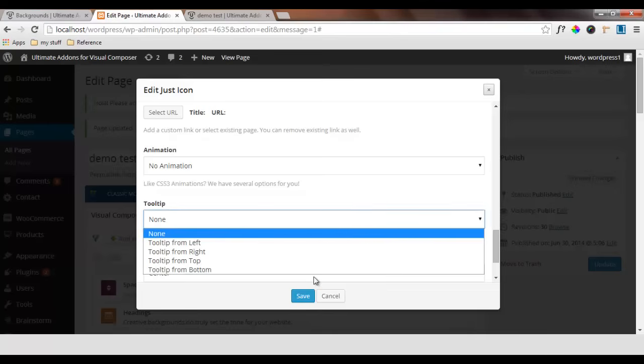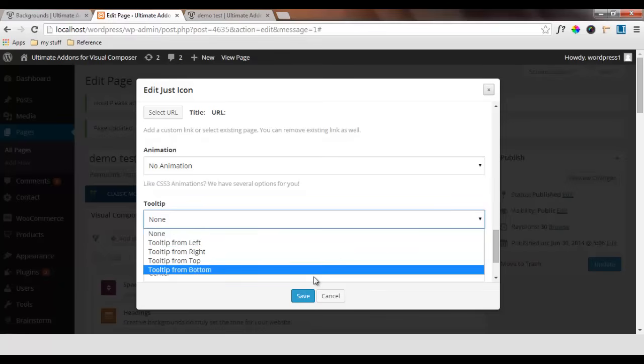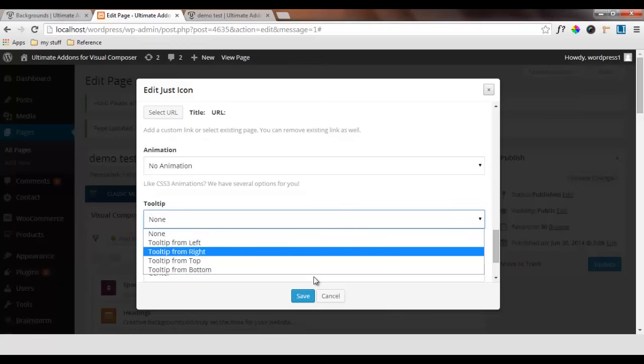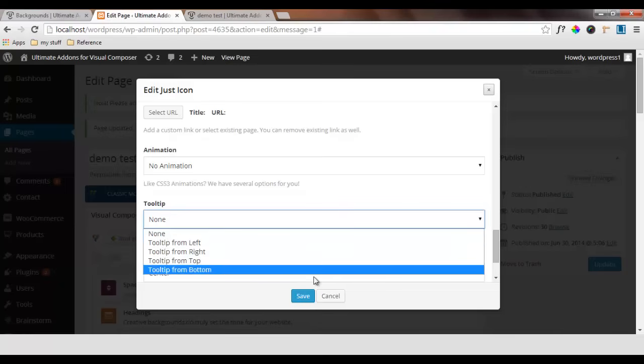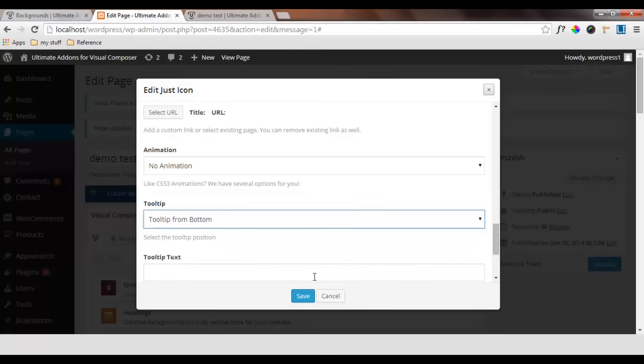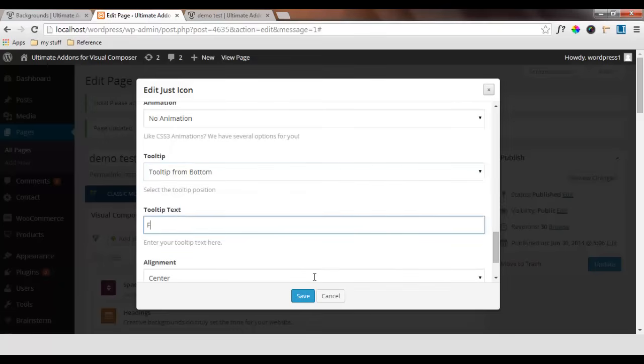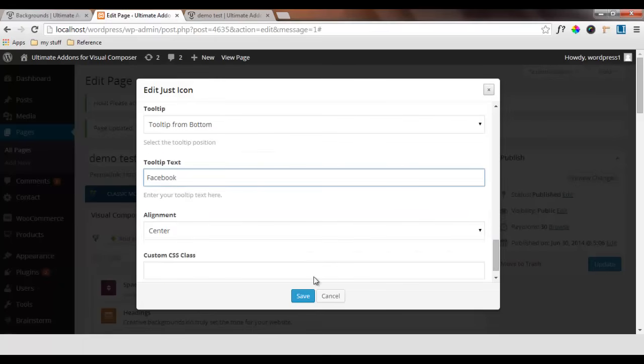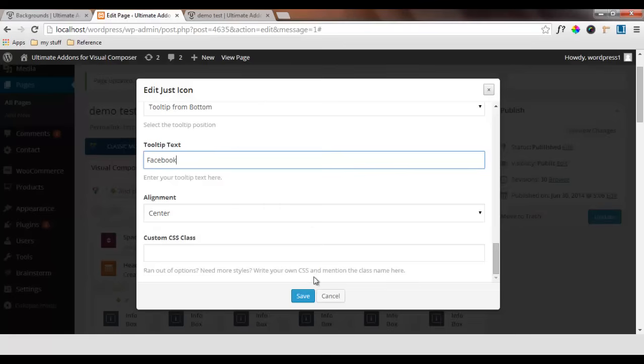Yeah, I need a tooltip, so I'll select the last one, that is tooltip from bottom. There are many more, left, right, and top, so according to your need you can opt for any of those, but I'll just select the last one, that is tooltip from bottom, and I'll give it a name. To be in center, so by default it is in center, so it's okay, and I'm done with this. This is the last section called custom CSS class. So if you need any customization, you can give a custom class to it. So right now I don't need any customization, so I'll just save it,